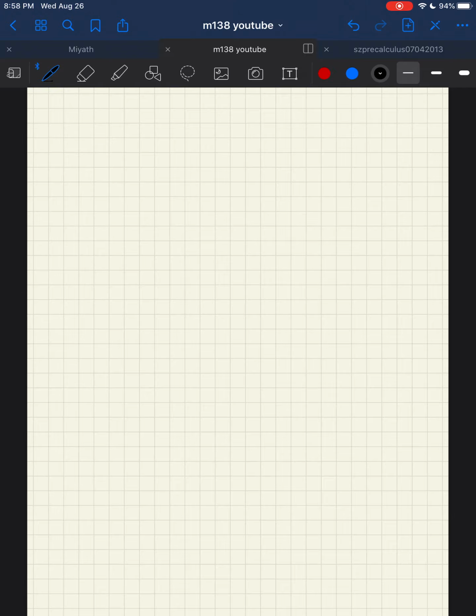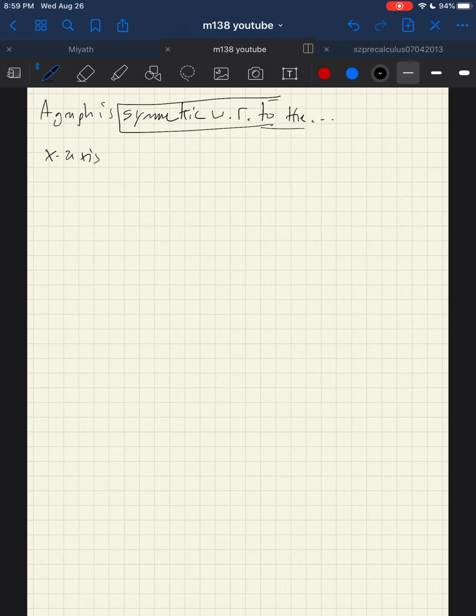So the last set of topics I want to discuss with this section is the symmetries. So we'll say that a graph is symmetric with respect to, you remember WR2, the x-axis. So I'm going to list several things here. The x-axis, so symmetric with respect to the x-axis if we get the same graph